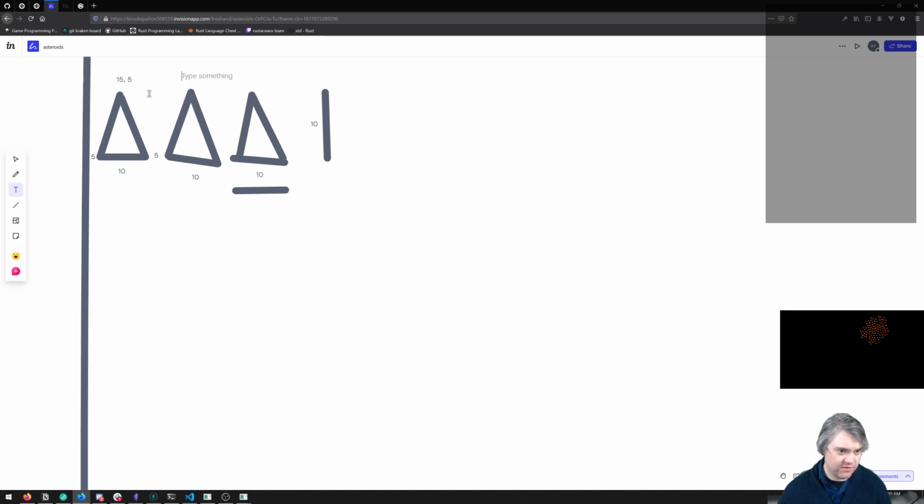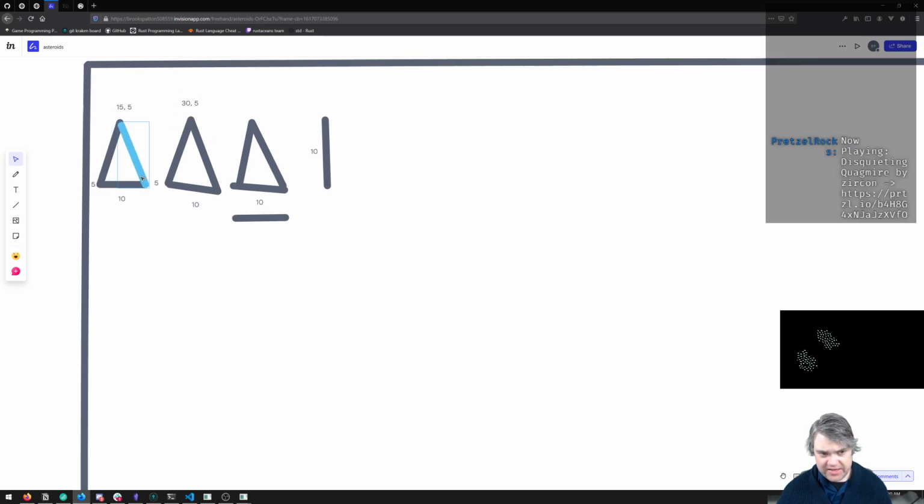Then another 5, so that's 10, plus another half the width is another 5, so that's going to be 30. And then you're just going to be the 5 down. I don't think I'm doing that properly. I think if I figure out where the starting is and I save that into a variable, then I can multiply that